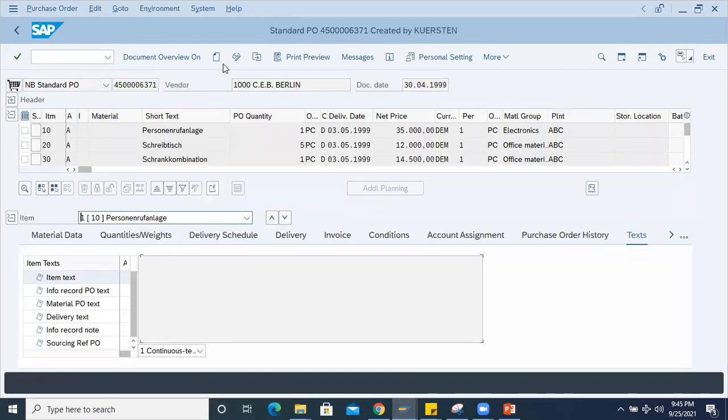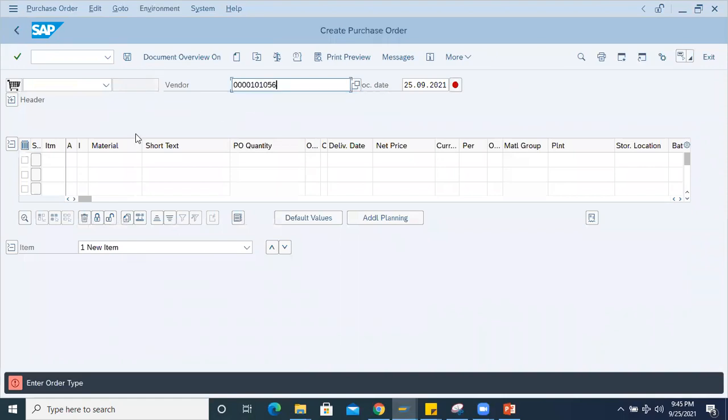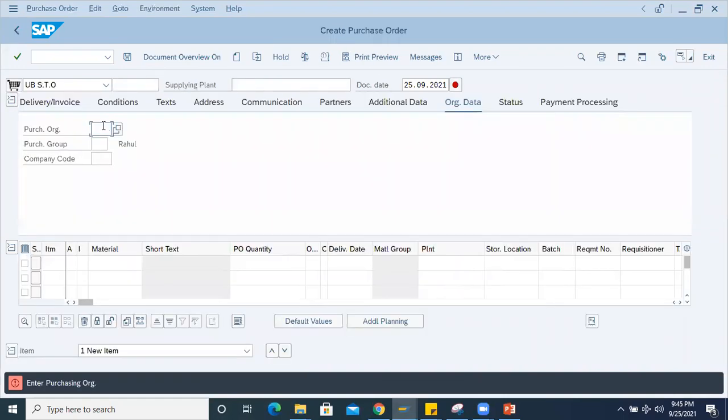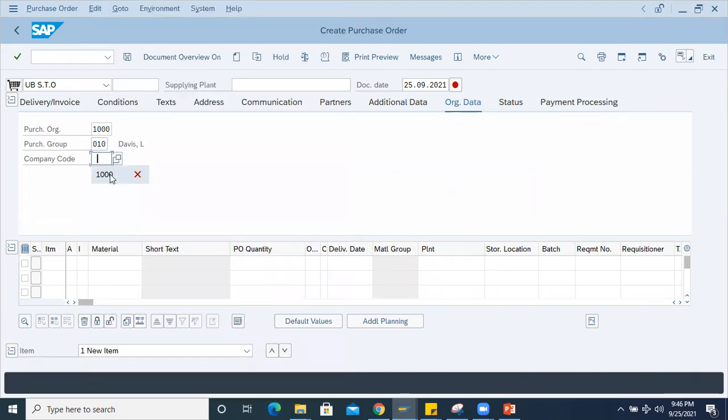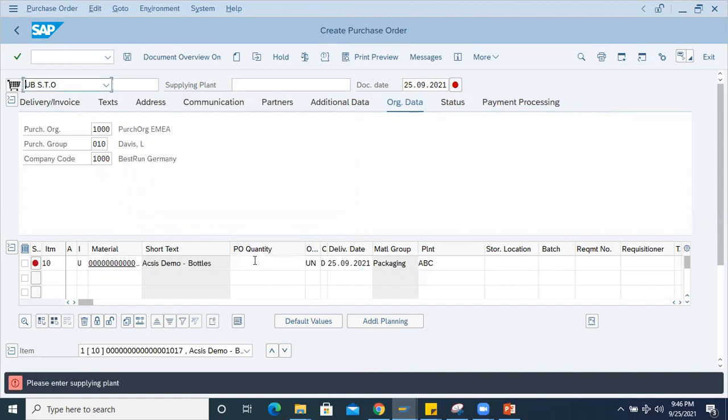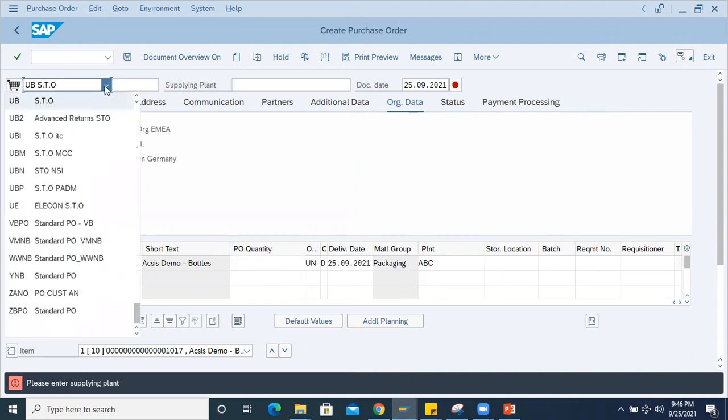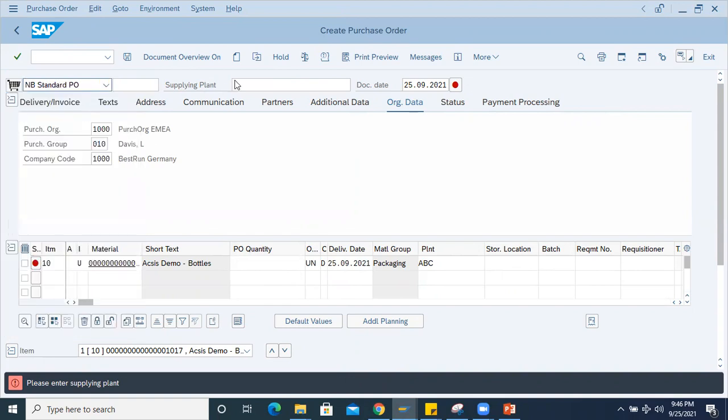with a different purchasing group. Here she takes some other purchasing group in the system, for example 010. Then enter the material, then the plant and the quantity. This is UB, which means it will ask for a supplying plant, but I'll go with NB, standard PO.